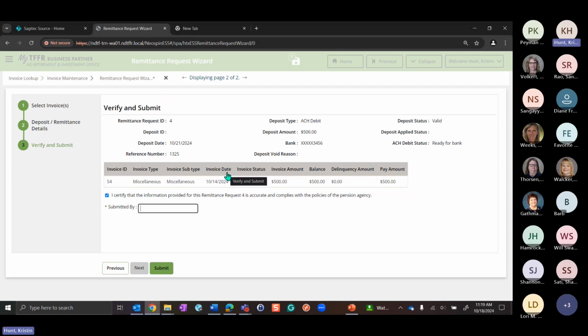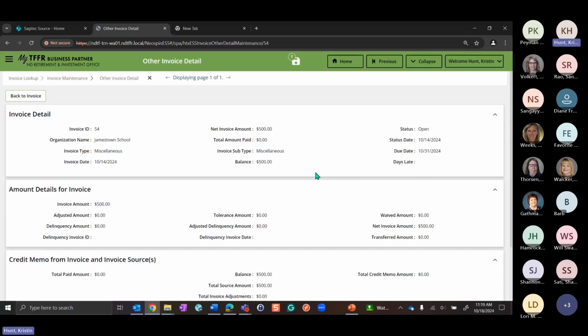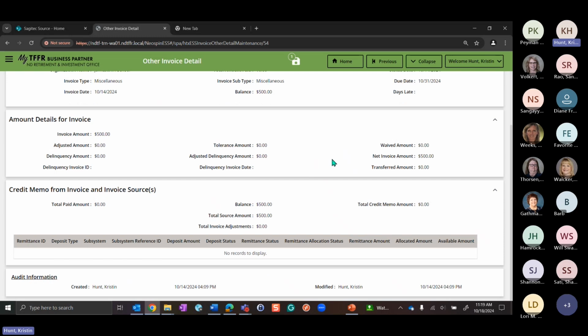And then I'll enter my name. Once I do that, the submit button has populated and it's active for me, so I can submit this. What that does is send that information to TFFR.